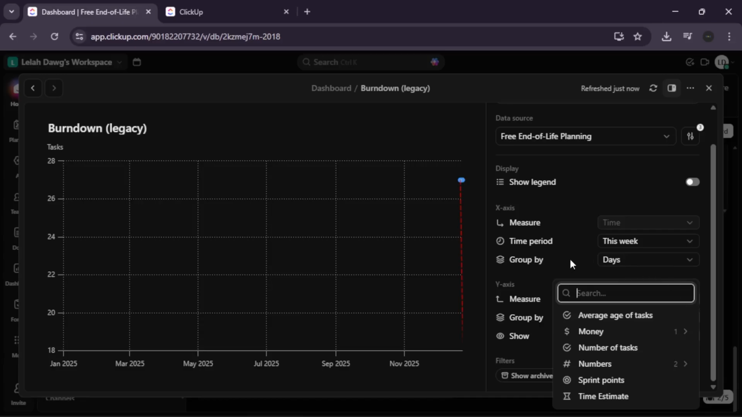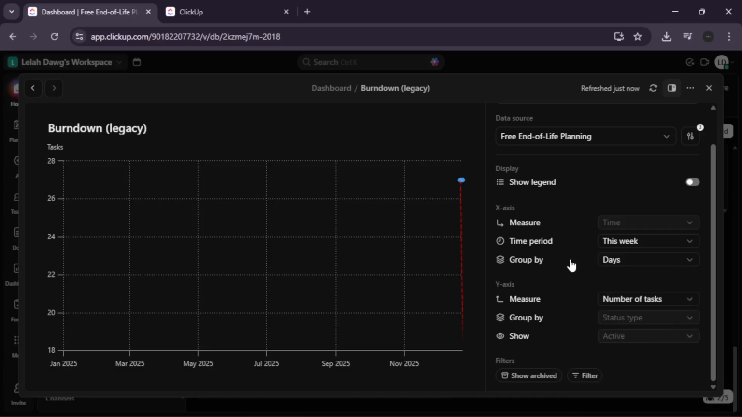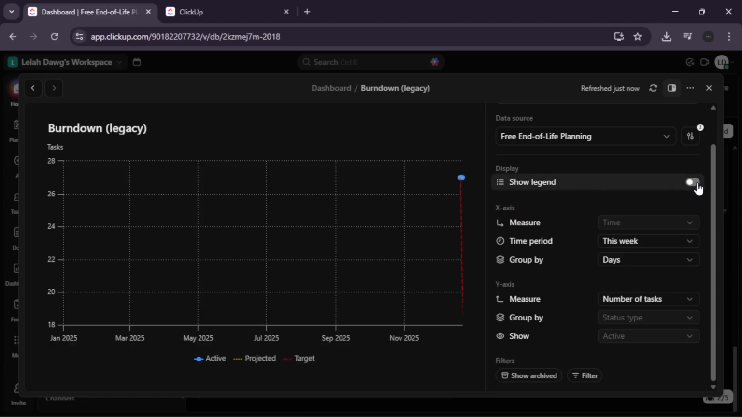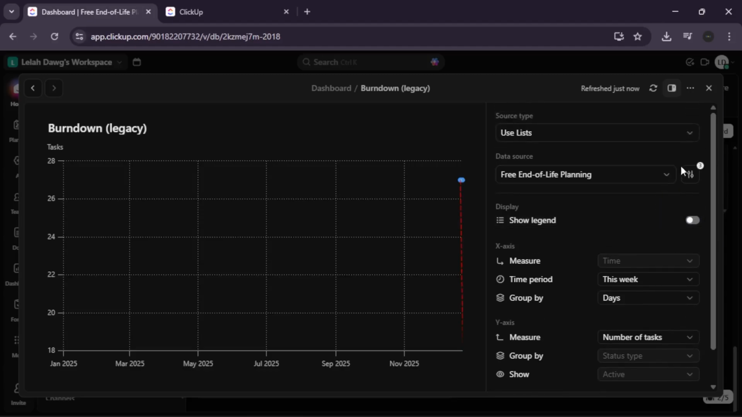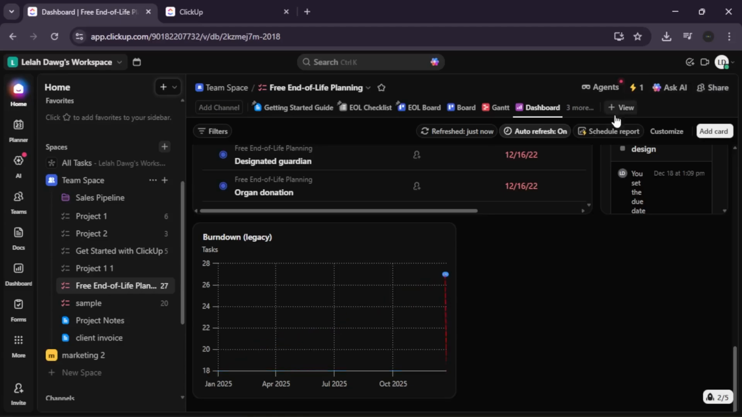Step 4. Customization and launch. Press Add Card to place the chart on your dashboard. To get the most insight, toggle the view settings to show the ideal trend line. This gives you a benchmark to see if your team is ahead or behind schedule. You can then drag the card to any quadrant to